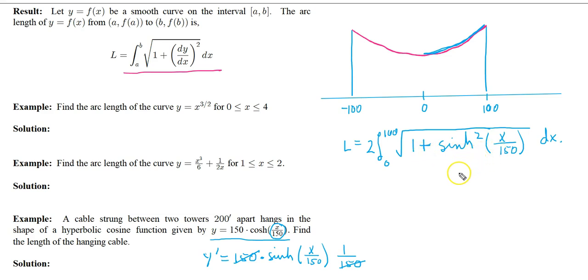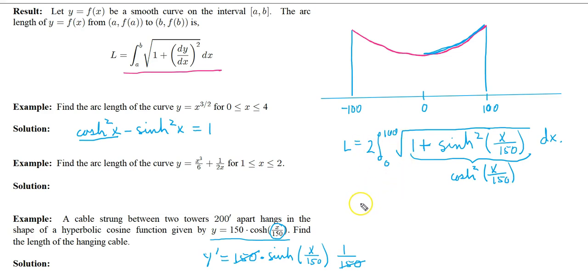Well, remember there is a hyperbolic identity that we can use, and it states that... so look back through your list of hyperbolic identities and you'll see this one listed. So if we take the sinh over to the other side, we see that 1 plus sinh squared equals cosh squared. So we can replace everything in here with a cosh squared of x over 150. And so then this integral just becomes